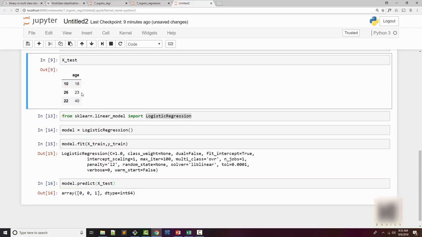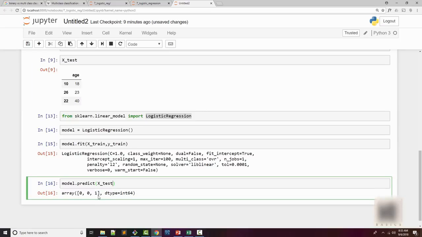And you can see that it's kind of working because they have ages of 18 and 23, and we saw that as the ages, the younger age people do not buy the insurance, whereas I think anything more than 27, 28 they buy. So here the age is 40, so the answer was 1.